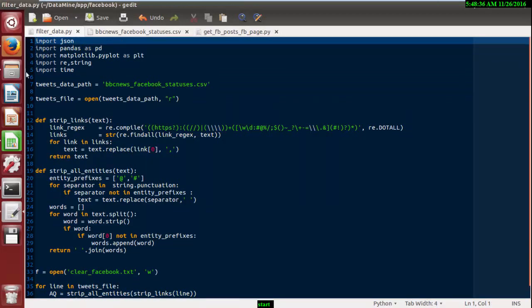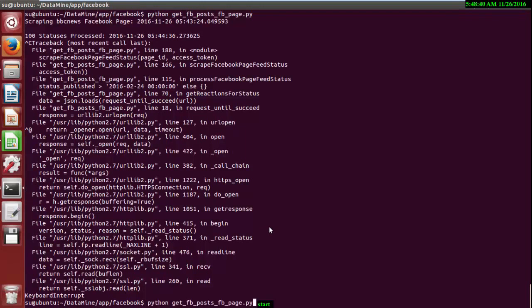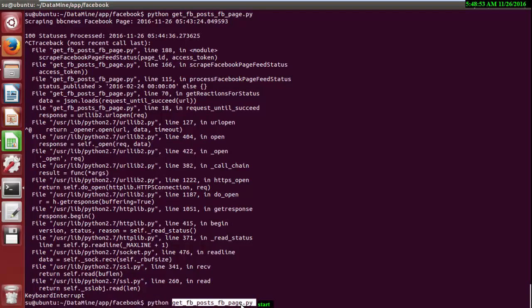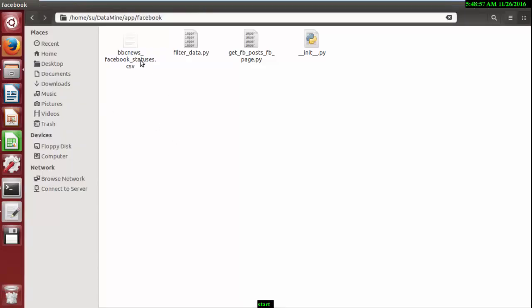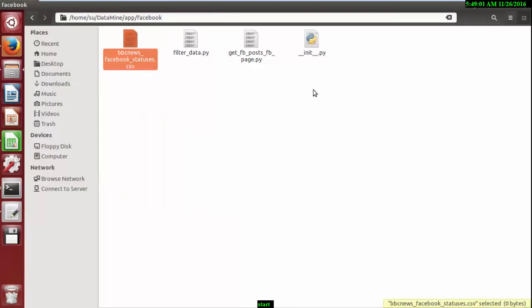Now you have seen this code, so how do you run it? Let me show you. You need to go to the folder, like I named this folder Facebook, and run Python with the Facebook post script, facebook.py. Just press enter, and you will see that another file is being created over there, as it is being written. It takes time.